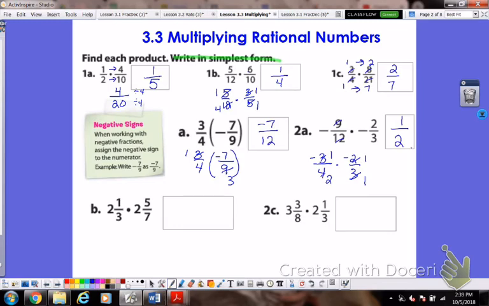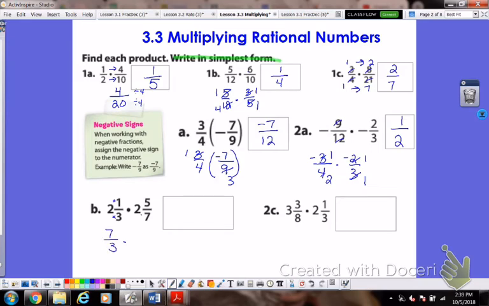Now, keep in mind, if you don't understand all the reducing, crossing out that I've been doing, you can always go back to how we did the first problem. Multiply first, then reduce. All right, part B, 2 and 1/3 times 2 and 5/7. We do not multiply mixed numbers. We first need to change it into an improper fraction. If you don't remember how to do that, we multiply, then add. So 3 times 2 is 6, plus 1,